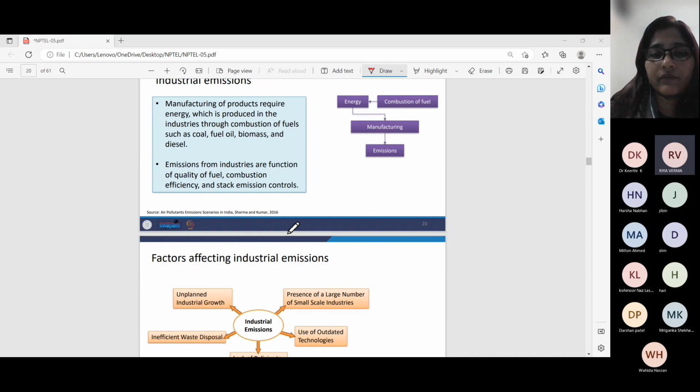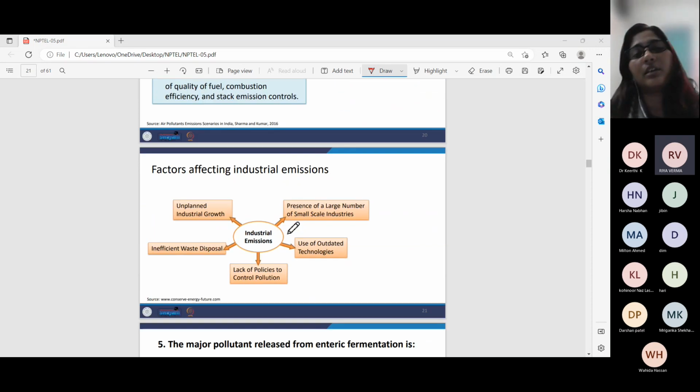Then we have the factors affecting the industrial emissions. So what are the factors that affect the industrial emissions? First, we have the presence of a large number of